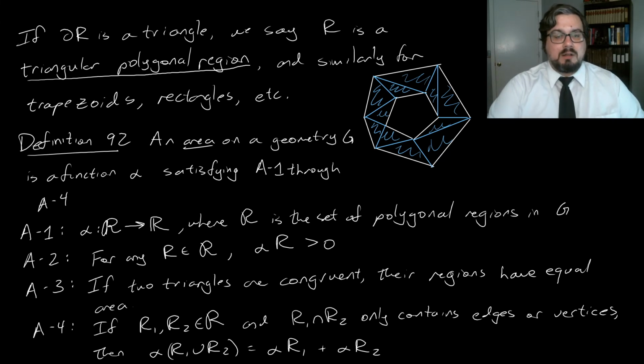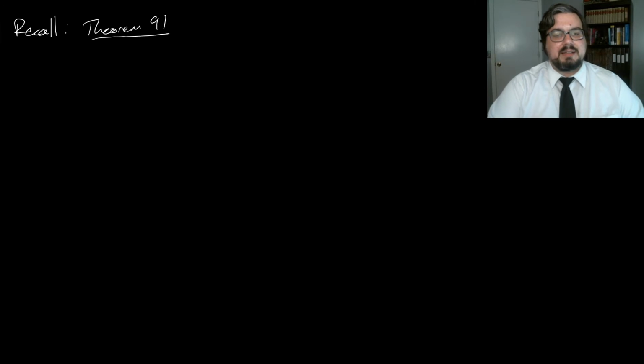So let's recall the following. Theorem 91 says that given triangle ABC, the product